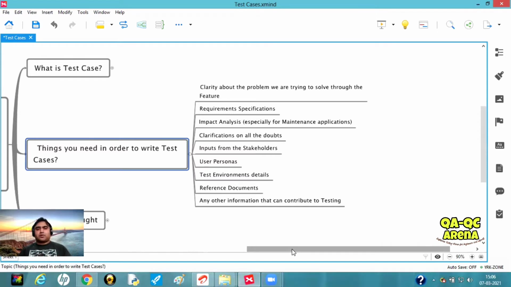I would say, because if you have the clarity, if you know the problem we're trying to solve and the high level pointers to reach that level, then you could start validating your understanding and write some test cases, or at least test scenarios at a higher level, which will help you to drill down at a later stage. But you can start with that. So definitely requirements are important, but that doesn't mean that you should wait for requirements to write test cases. That's why I said the quick or short answer is no.